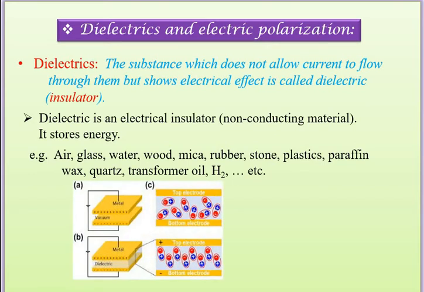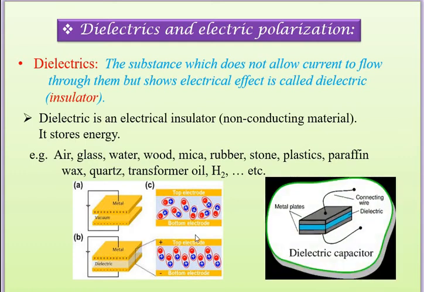Let us see the figure. The figure shows the two metal plates. This yellow color shows the two metal plates, and there is a gap between the two metal plates. And this is the dielectric material. And we have to keep the dielectric material in between the two metal plates. If we keep the dielectric material in between the two metal plates, we get an arrangement, and this is called a capacitor or the dielectric capacitor.